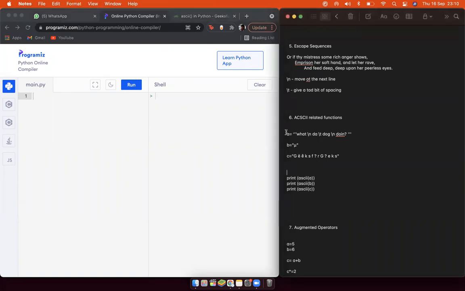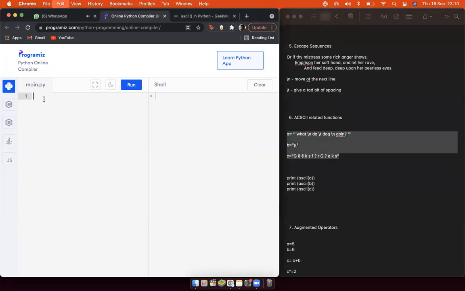So basically, let's have these three different variables with three different string values.